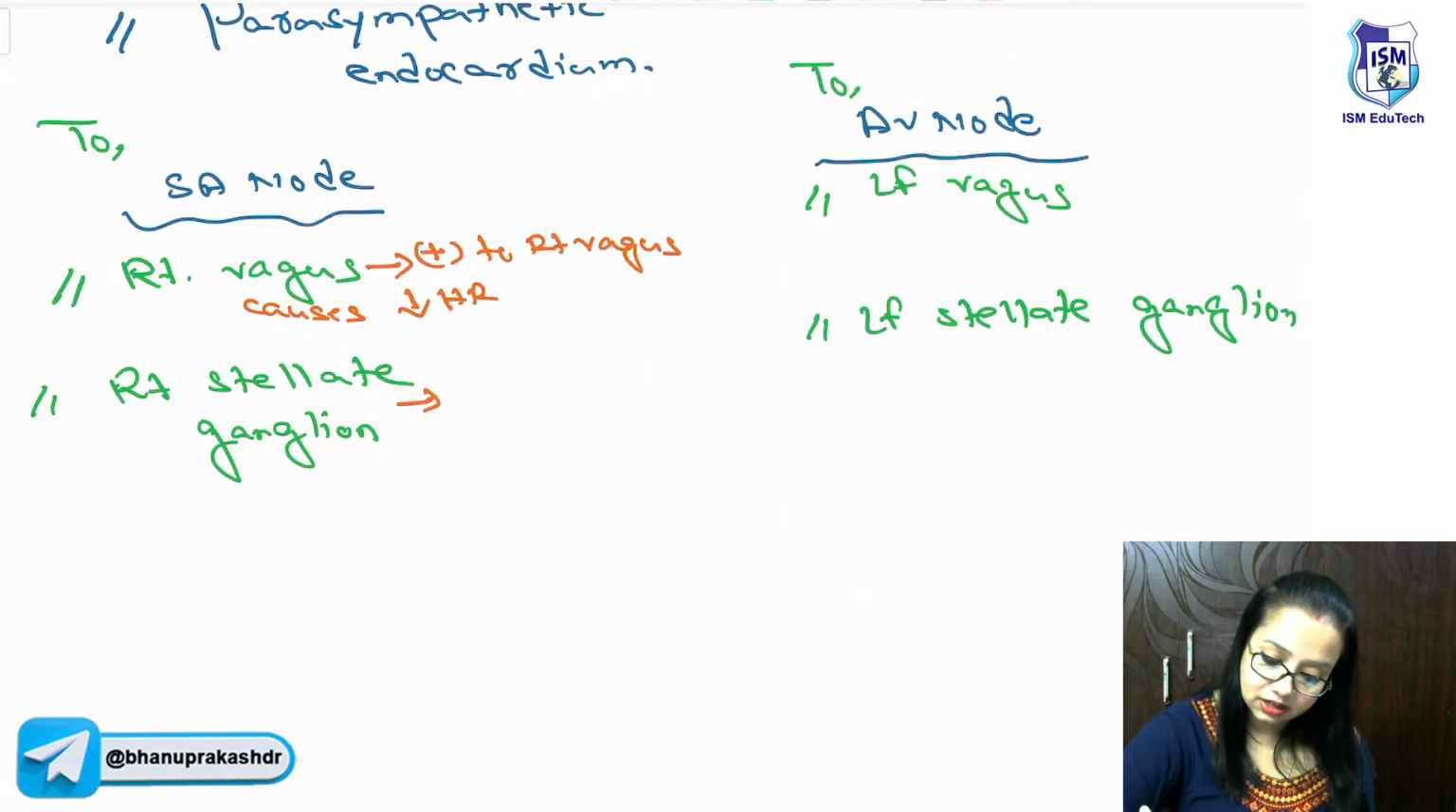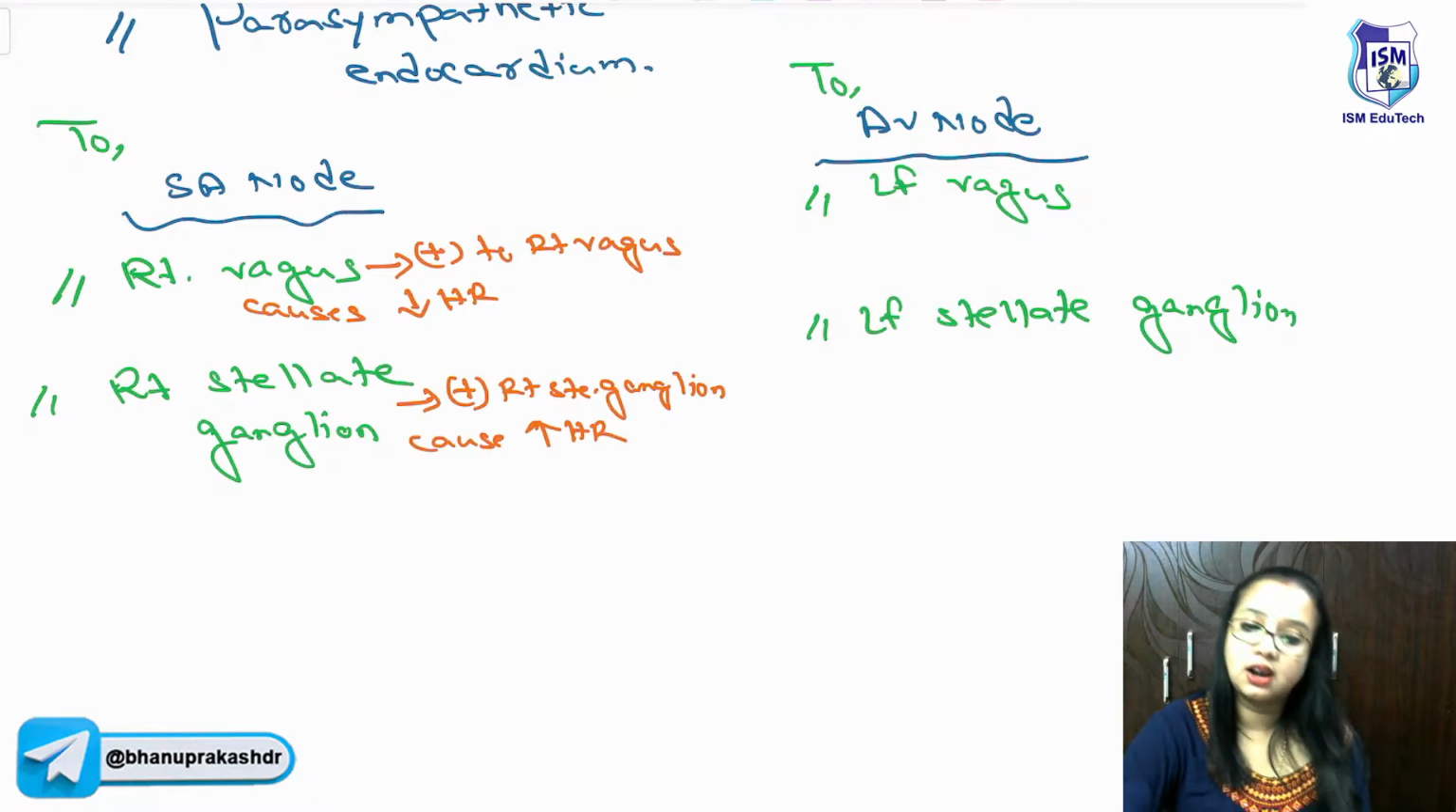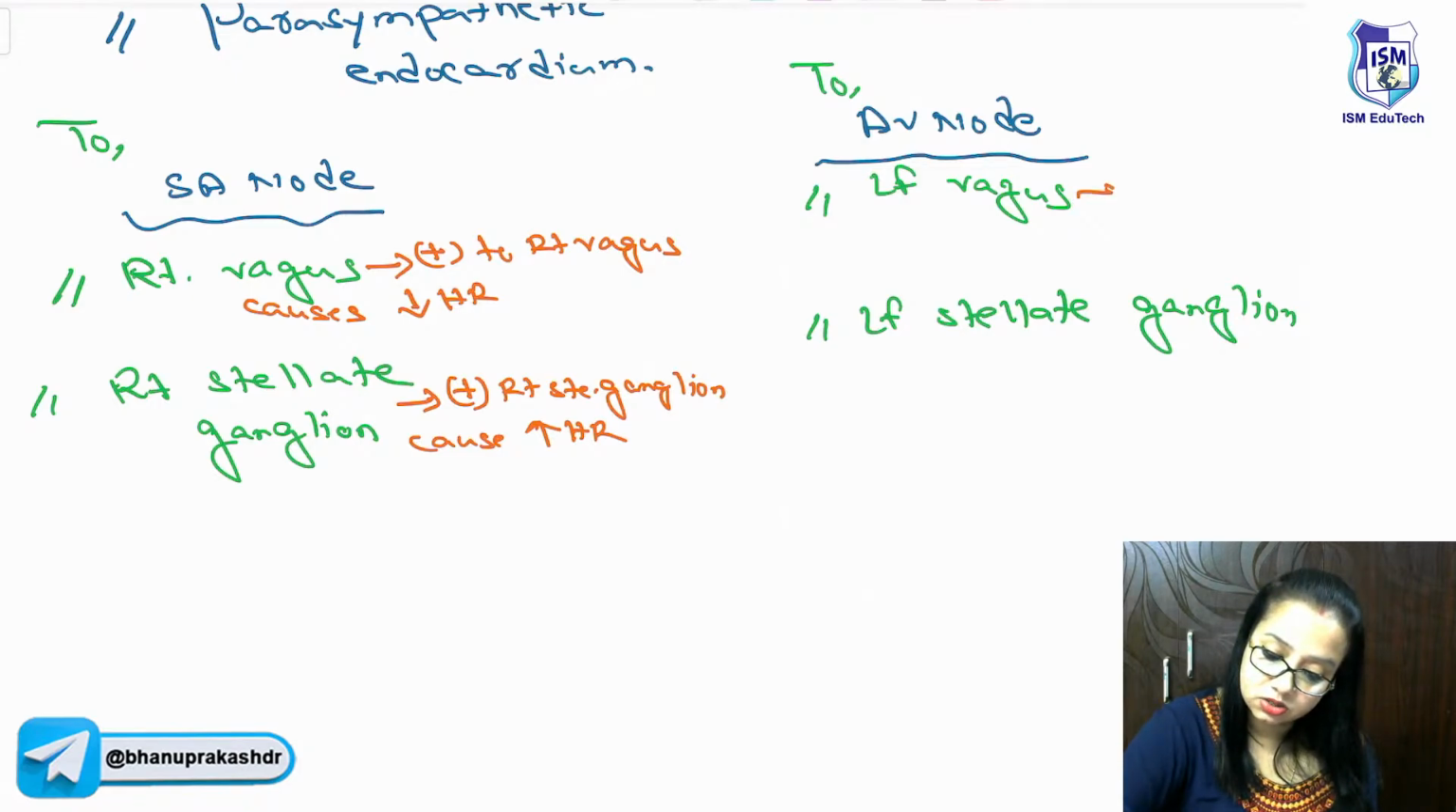Whereas stimulation to the right stellate ganglion, that is the sympathetic branch, what will happen? It will cause an increase in the heart rate. Opposite will happen in case of stimulation to the left vagus. So here, stimulation to the left vagus causes